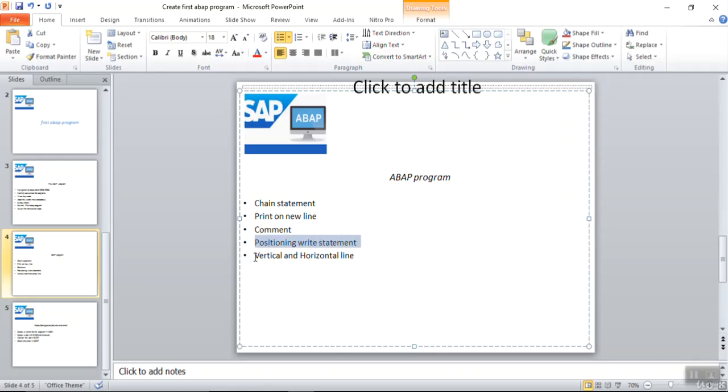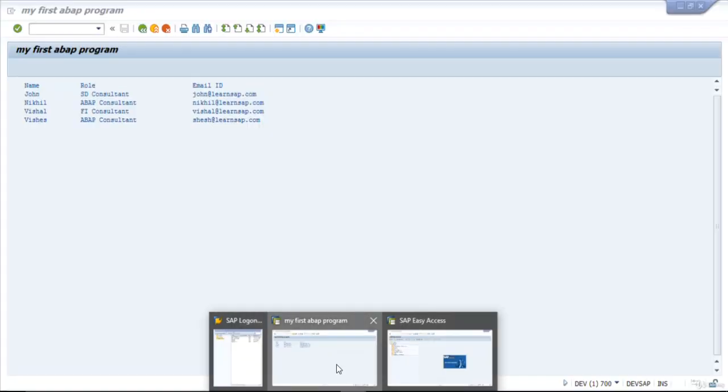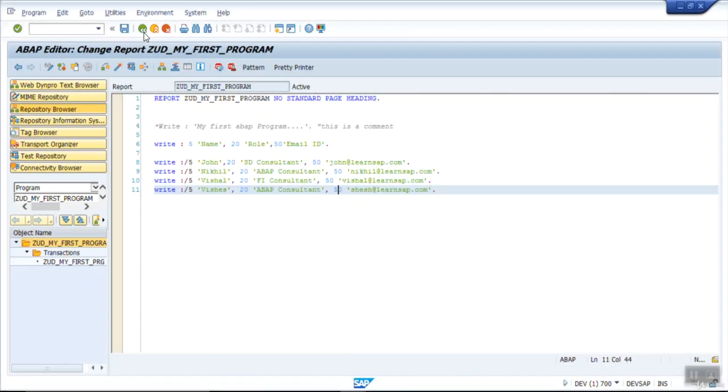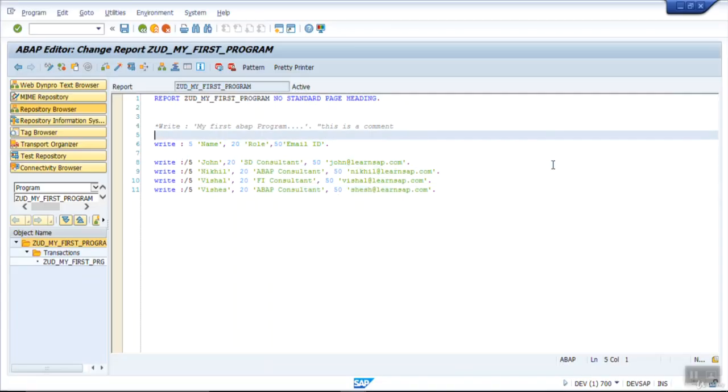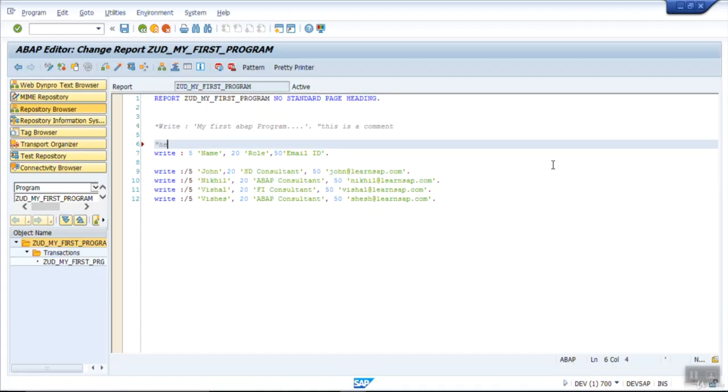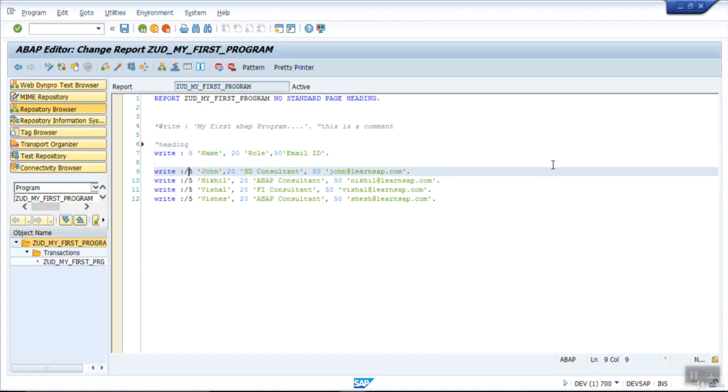Now we'll see how to add the vertical and the horizontal lines. Then go back to our program. Let's say I'm adding one comment here. I want to add a comment here as heading, and those are my list of consultants. Okay, now let's add the